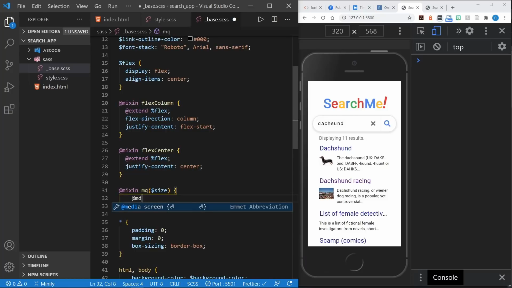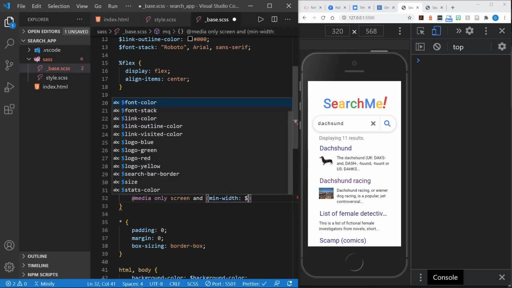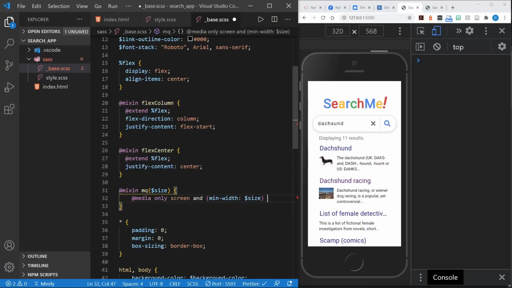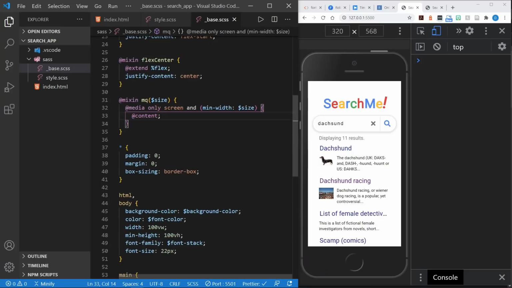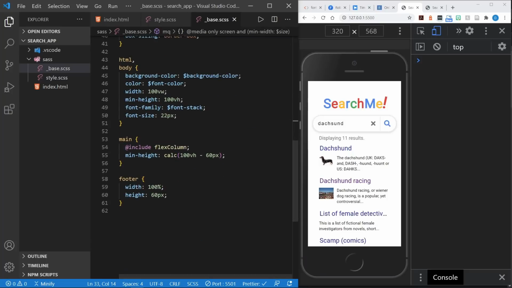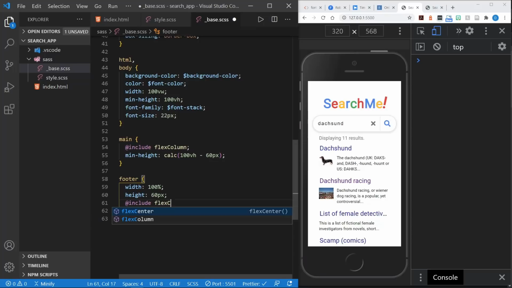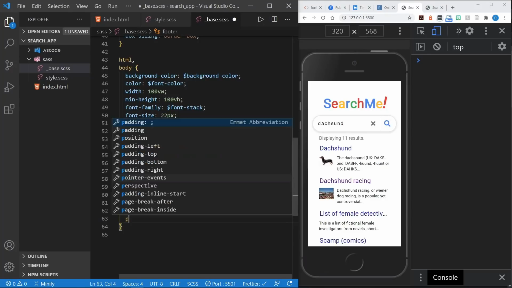And then we'll type @media only screen, and min-width will always work from small screens outward to larger screens, and then @content. And this will make it easier to write media queries as we go, and you'll see that as we write this footer media query. Now we'll include flex-center, which is a mixin we previously defined,